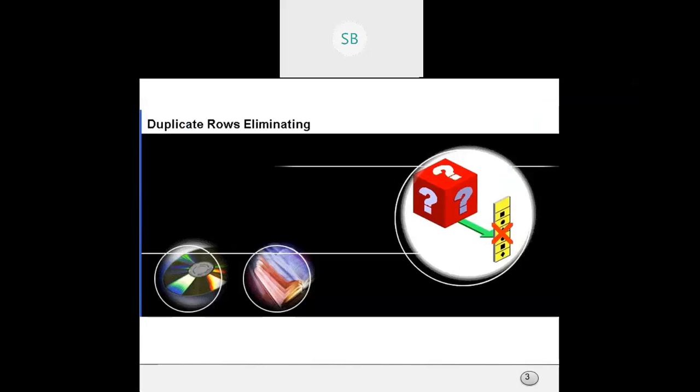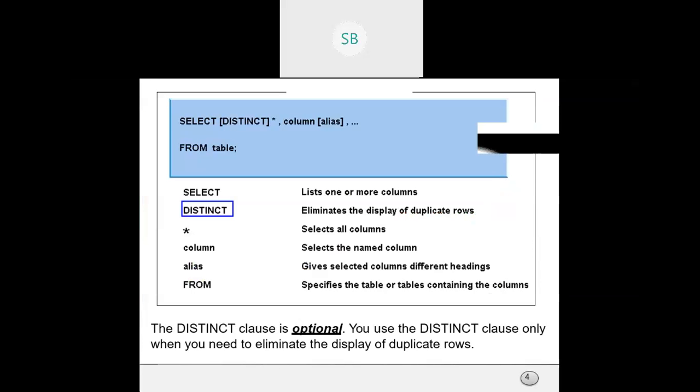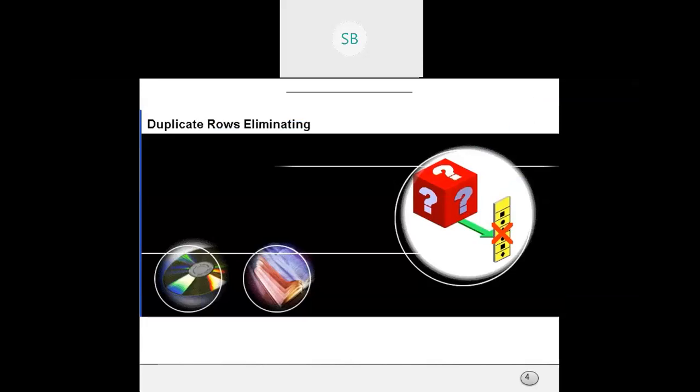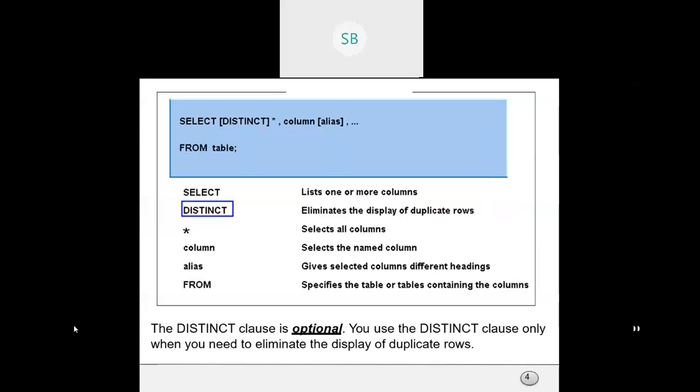Now, if you want to remove the duplicate rows, you need to use the keyword distinct. If you use the keyword distinct, you can eliminate the duplicate rows.